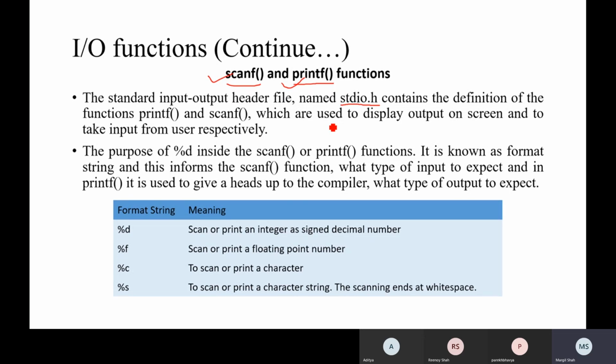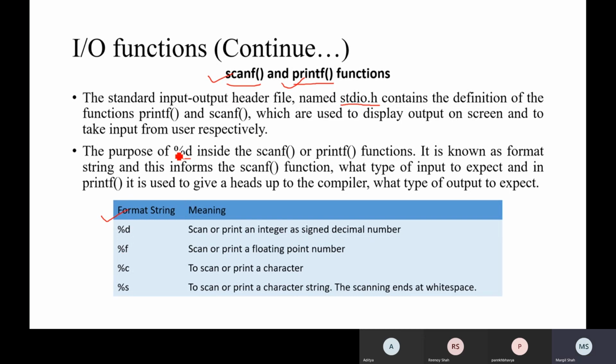The purpose of the percentage %d inside the scanf: here the term is a format string, or instead we can say it's a control string, right? Control means percentage something may be used to define a specific kind of data.